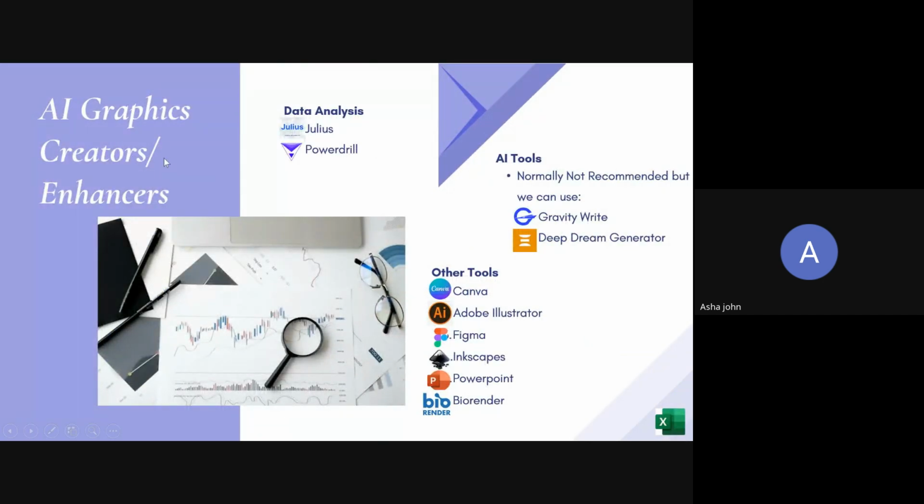Now, after writing the research literature, you will be blocked at another stage, which is AI graphics. You need to create wonderful graphics which will give your paper an attractive look. It is very important to have graphics in your paper. Graphics does not just mean colorful pictures and images. Graphics also means the graphs that you're providing, which should have excellent quality. Otherwise, none of the journals are going to accept your paper.